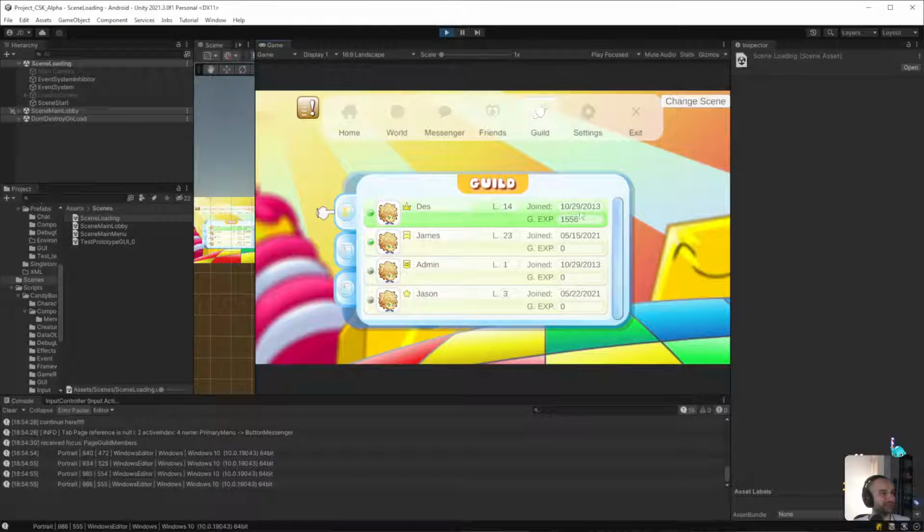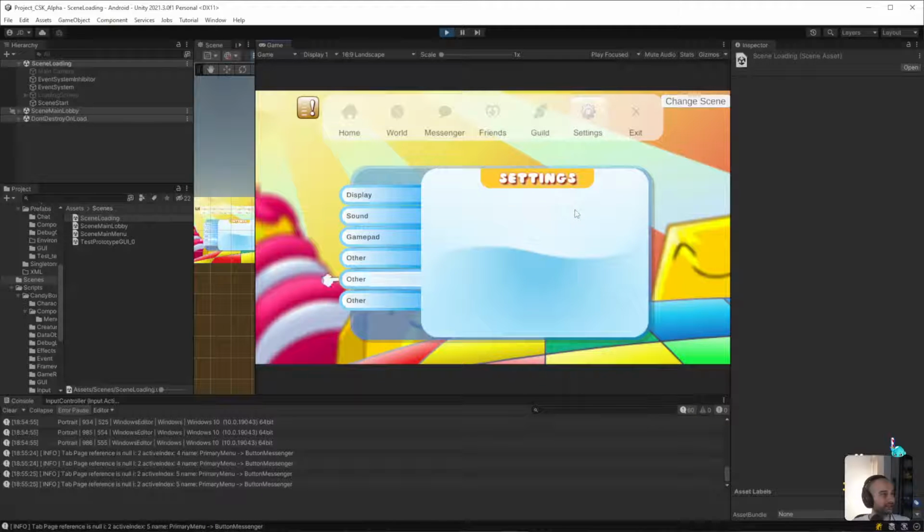You can see the join date of my guild was back in 2013. And I'm probably one of the first to join, right, on the first guild. So that means that's pretty much when the guild system was implemented. Yeah, that was a long time ago, right? Okay, so that's working. What else? I think there was something else I was going to add. The settings, I'm not going to get into this right now, just because there's more stuff that needs to be defined, and I'll add more categories.